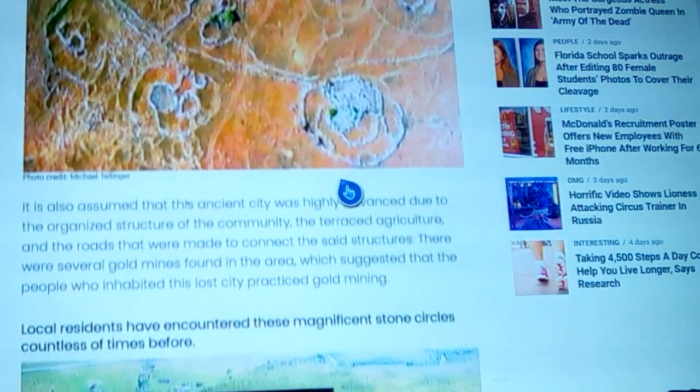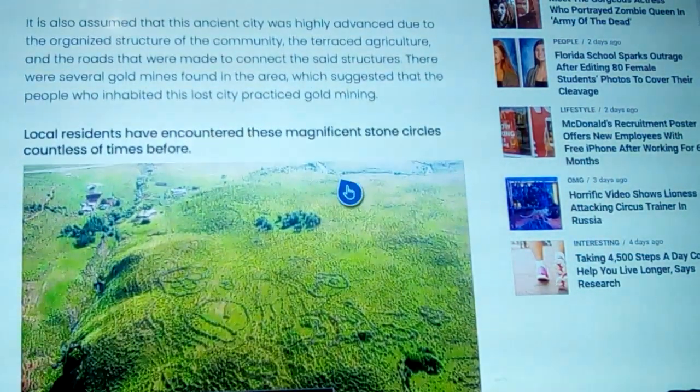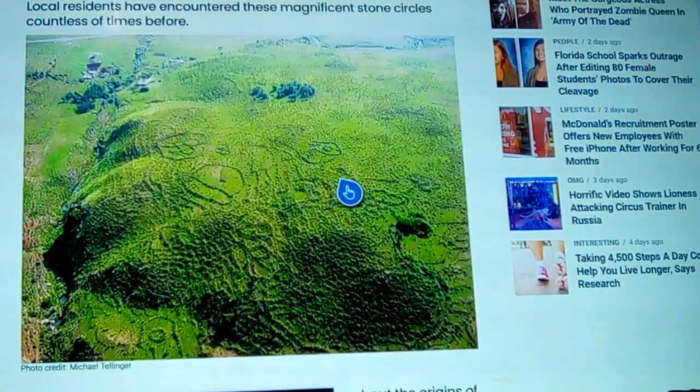around all these circles, and these circles aren't just like the ones we were just looking at, in a different situation. It's also assumed that this ancient city, if you want to call it that, was highly advanced due to the organized structure of the community, the terraced agriculture, and the roads that were made to connect the said structures. There were several ancient gold mines found in the area, which suggests that the people who inhabited the lost city practiced gold mining. Local residents have encountered these magnificent stone circles countless times before,